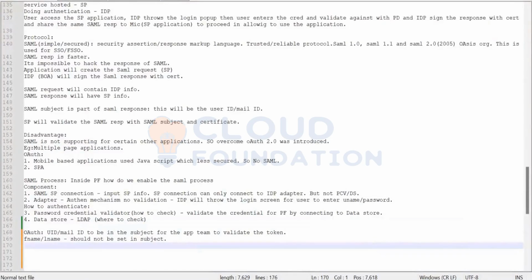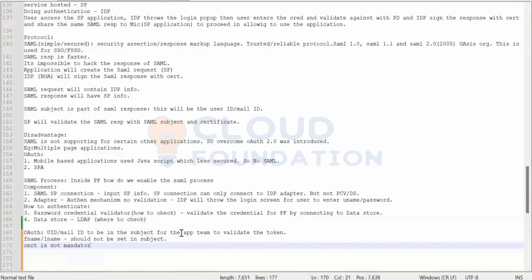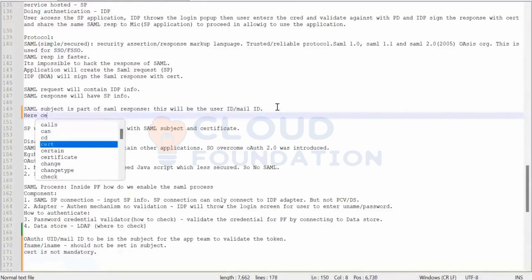And then apart from these, we can also send a lot of other optional attributes, like first name or last name. For example, let's say the mobile number of a user. And also the mail address and UID, apart from the subject. Send these attributes as optional also actually. This also, we can send even in SAML. We can send it even in OAuth also. This is optional, actually, not mandatory.